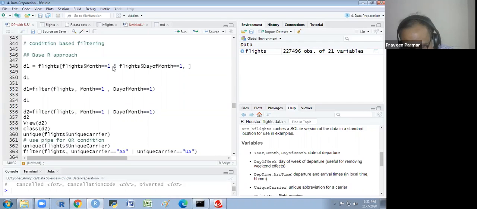And is the intersection, and flights day of month equal to 1. It means the first day of the month. First day of the month may be 1st January, 1st February, 1st March. But because I have taken another condition for January, it will give me the data of 1st January only. Got it?